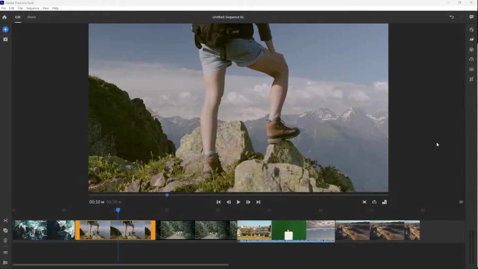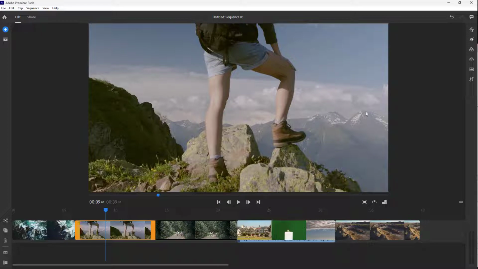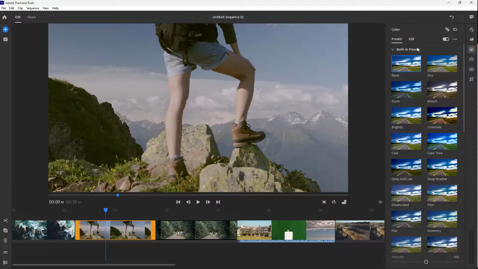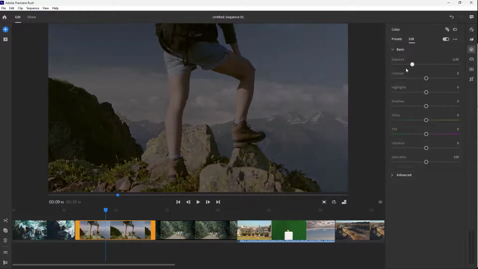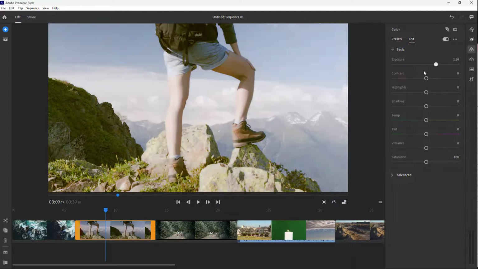So over here you can see that I have a video footage, and what I can do with this is I can go around, click on a clip that I want to apply the color effect on, and then go to colors right here. And then if I were to go onto edit, then I can manually edit every element right here. Let's say for example, I can work with the exposure, which is the brightness of